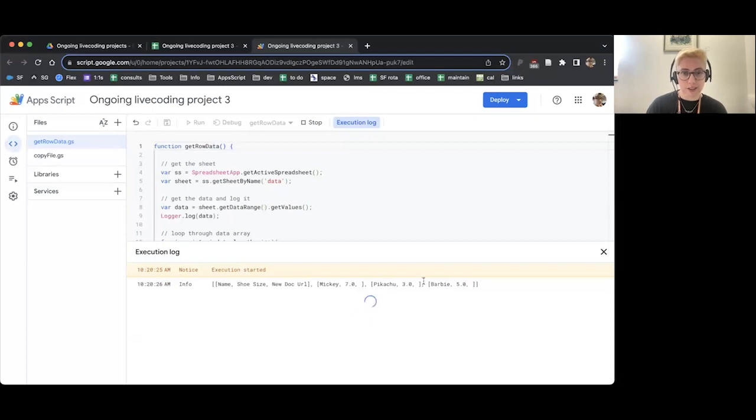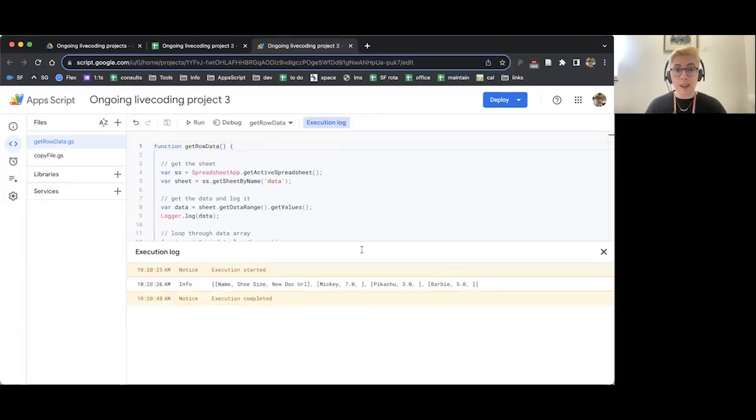And then I'm going to start seeing some information. So you can see, first of all, it's logged my array of data that's coming up like so, which is just what I'm expecting. And then it's just taking a little while. It does take a bit of time to create documents. And so if you are, like this one does, making multiple documents at once, you might find there is a bit of a lag in finishing your code. So do bear that in mind. It can take a little while. So you might want to do it in chunks. So it says it's done.